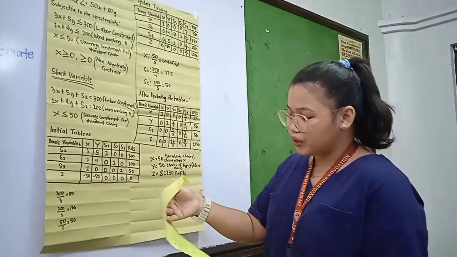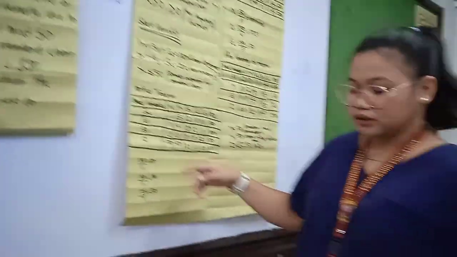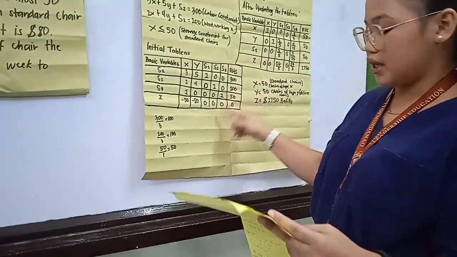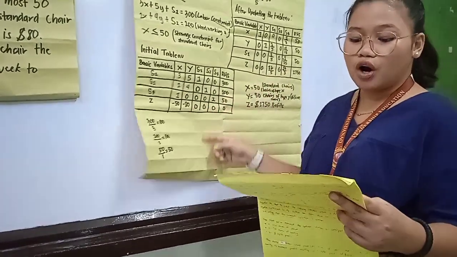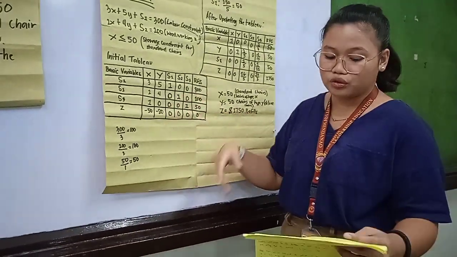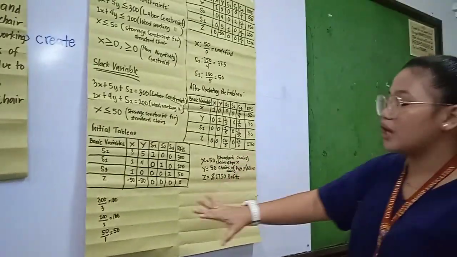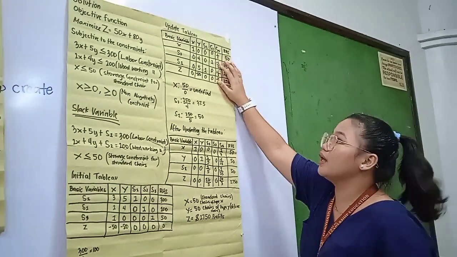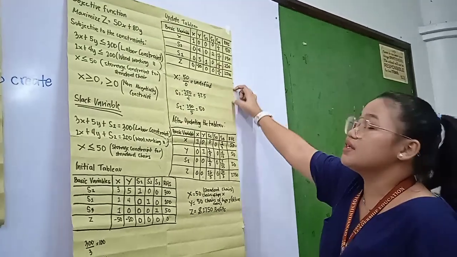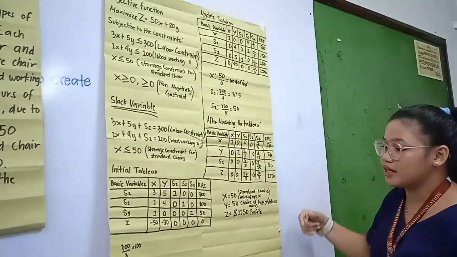And as we solve this one, we just divide the pivot row by the pivot column to make it 1, and use row operations to make other entries in the pivot column 0, and we just repeat steps 1, 2, and 3. After that, the updated tableau is this, and as you can see, the most negative coefficient is negative 80, and we just repeat the same process.